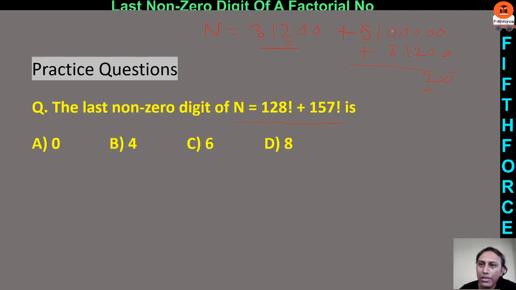So guys, what do we understand? This number doesn't matter, right? This has more zeros to the right and this has less zeros to the right. So only this number is significant. Correct? Similarly, 128 factorial will have less zeros compared to 157 factorial. So actually, this number doesn't matter. So basically, you have to find out the rightmost non-zero digit of 128 factorial. Clear? So let's see the approach. Now you know the method, let's quickly solve it now.